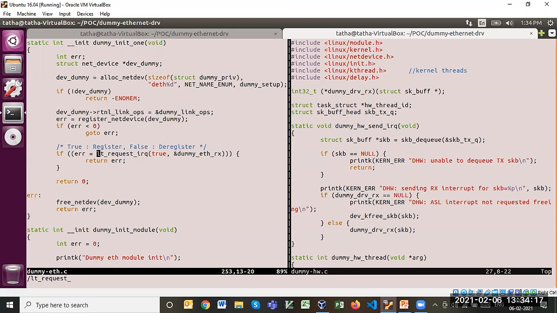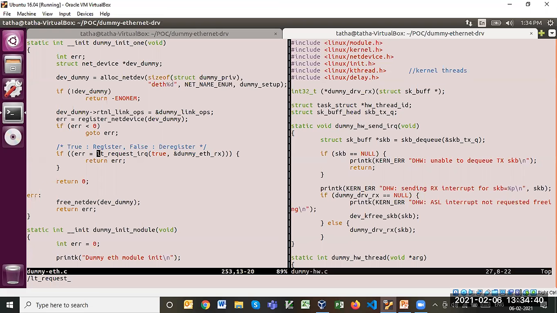You will know that information from the hardware specification or from the PCI probing. Then you need to provide a function handler that is called the interrupt service routine, the ISR.